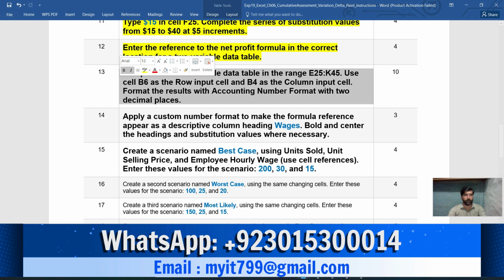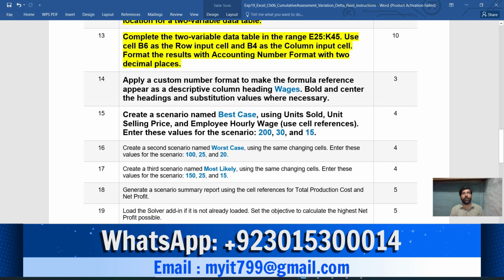Now I do instruction number 13. Complete the two variable data table in range E25 to K45. Use cell B6 as the row input cell and B4 as the column input cell. Format the result with the accounting number format with 2 decimal places.